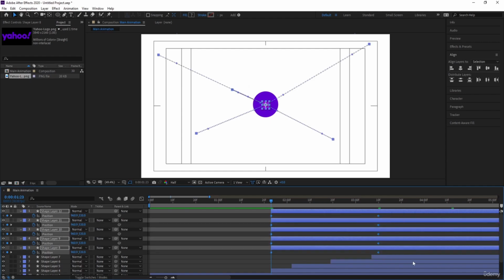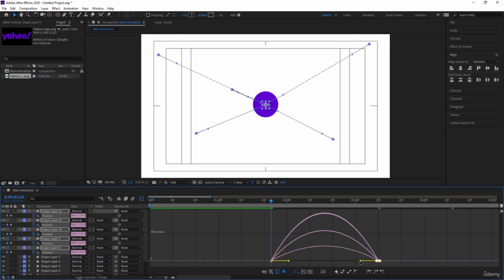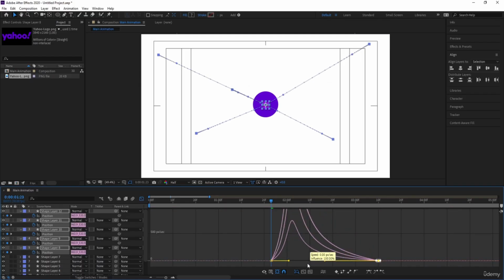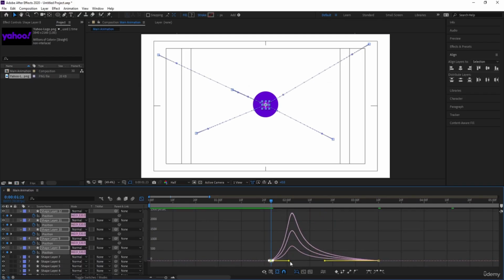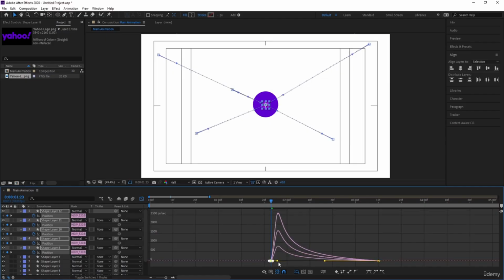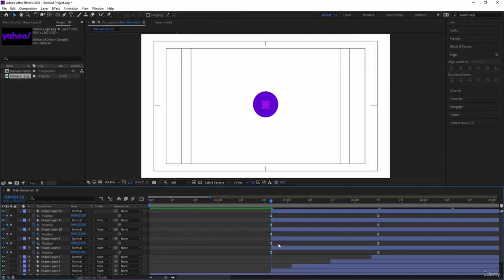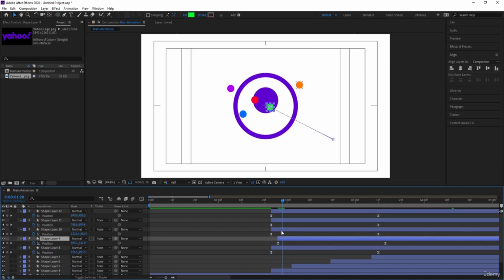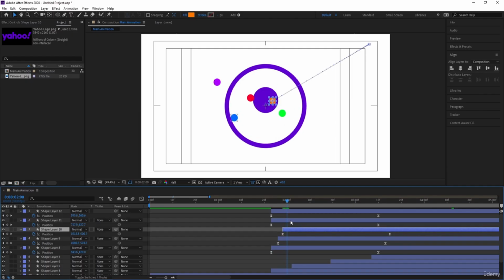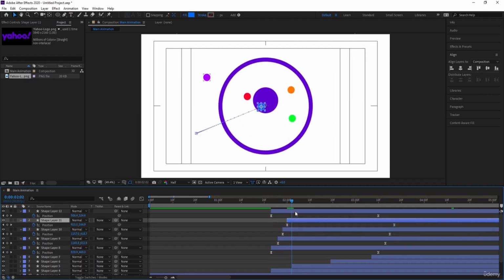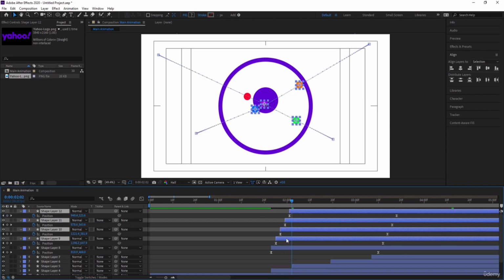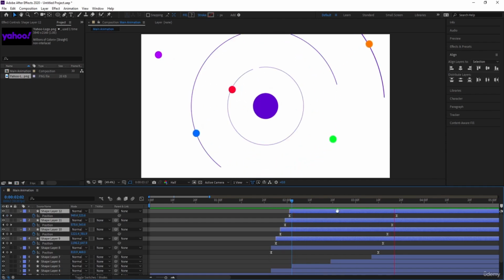Now select those keyframes and hit F9. Go to the graph editor, select this graph. By holding shift, move this handle over here, select this and move this handle over here. Okay, and we will take a distance of 2 to 3 frames for each and every one of them, like this,